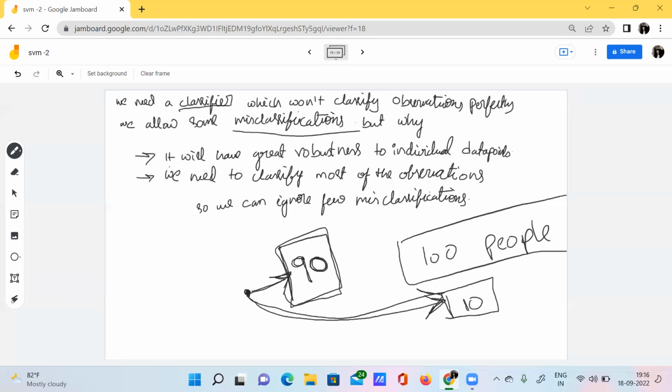So for me, the number is important here. 90 lives are more important than just these 10 lives. Of course, every life is very important to everybody. But what I'm saying is about the perspective here. Our perspective should be towards the greater side, right? We need to protect these 90 people mainly, and if we have the time, later we can protect these 10 people. So that's what it is, right?